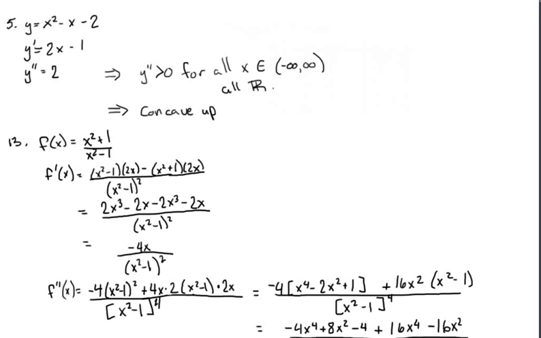Okay, so let's do some problems from section 3.4, concavity and the second derivative test. We'll do exercises number 5 and 13. It says, in those, determine the open intervals on which the graph is concave upward or concave downward. We're going to base our work off of Theorem 3.7, the test for concavity, which says, let f be a function